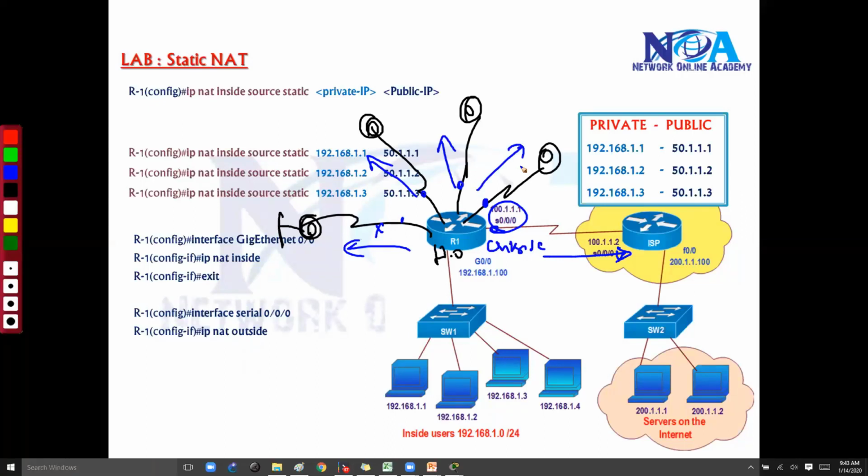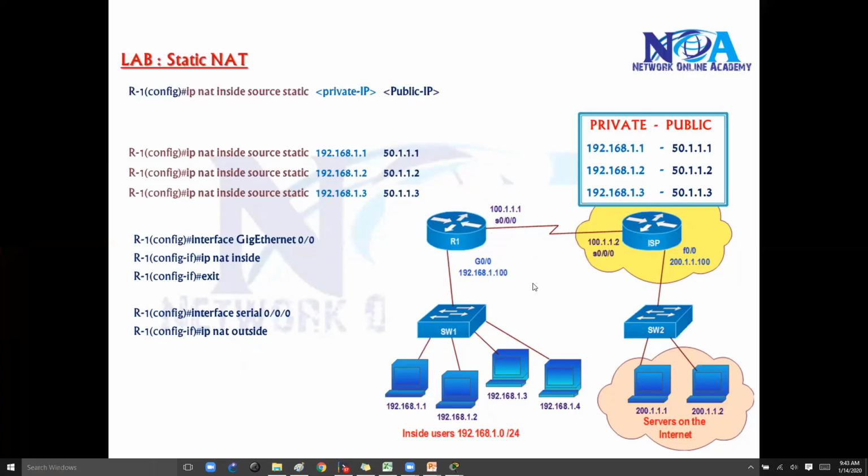That's not correct. Only the interface facing towards the service portal, where you want to translate the addresses. I don't want to translate when they go to my remote networks or any other WAN connections. So basically, the LAN interface from where the traffic is received is inside, and the interface to which you want to translate when they go, we call it an outside interface.